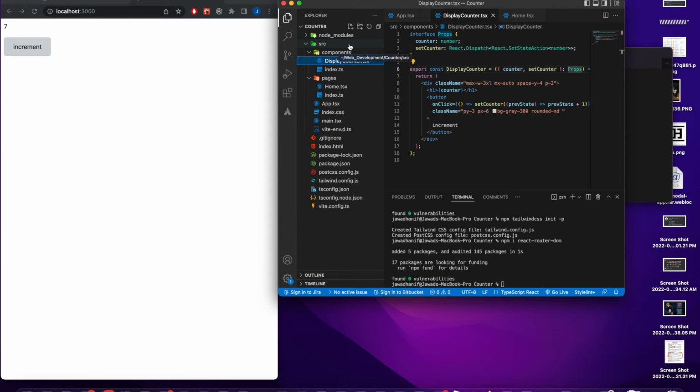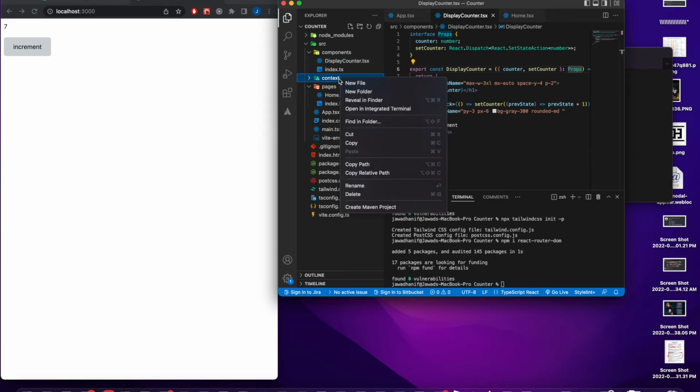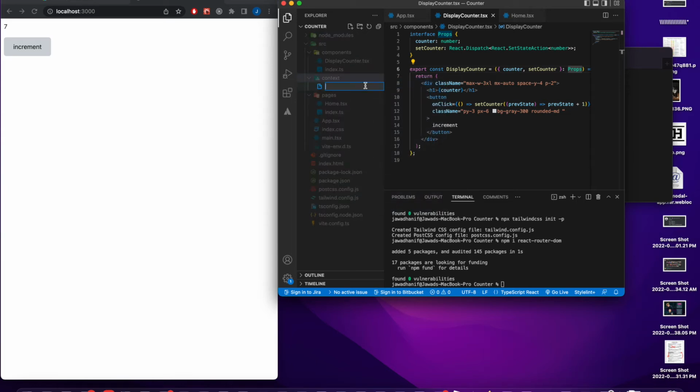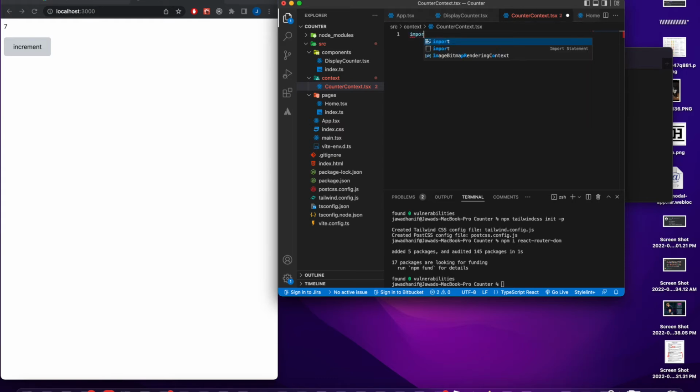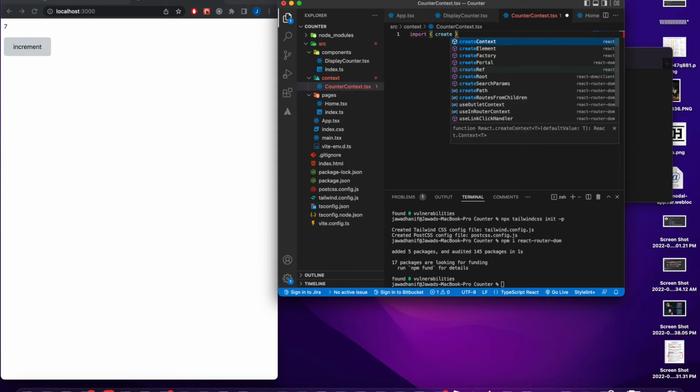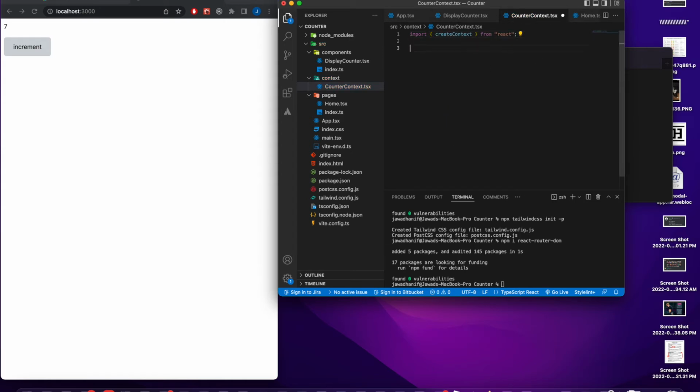So the first thing I do is I make a context folder. Oh, well, why am I spelling folder? Silly me. Okay, and then I'm going to do a new file, and I'm going to say counter-context.tsx. Alright, so on that, and then import createContext from React, and then we are going to